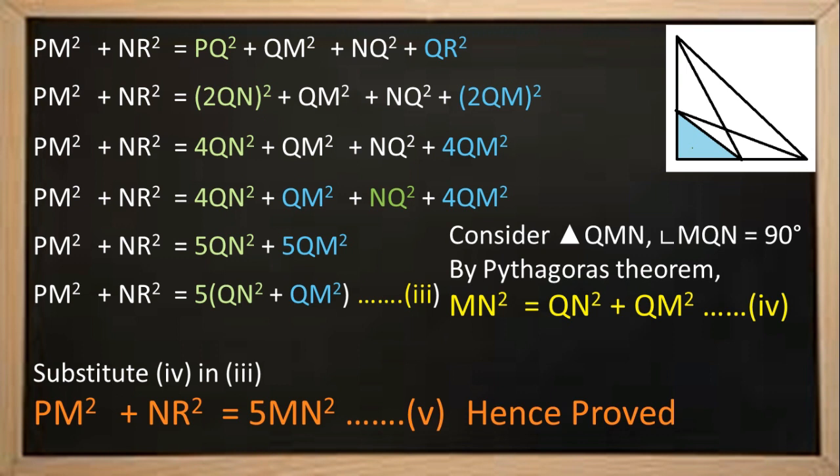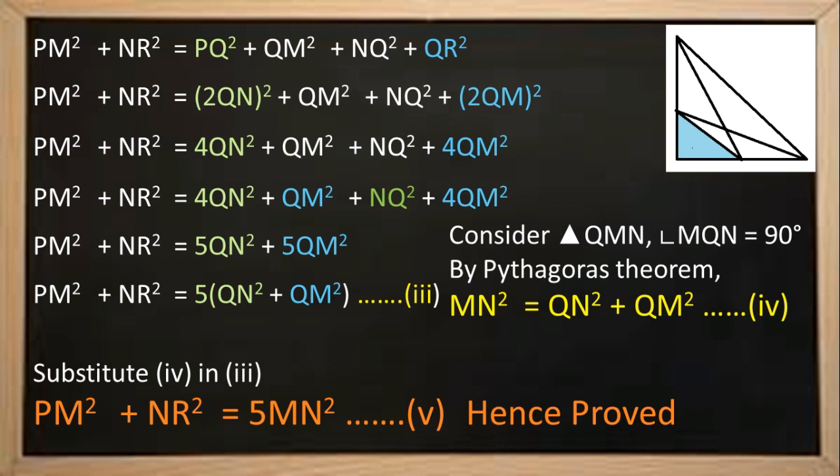So to get the solution, we used the results of 3 triangles. Two triangles' results we have added and the midpoint has been substituted, and we have taken the third result, the one more triangle result, to equate the given values, and hence PM square plus NR square is equal to 5MN square. I have drawn the diagram at various points, children. It is not necessary to draw. Only if you want, for your understanding purpose, you can draw. Otherwise it is compulsory to draw the diagram only once, not with all the solutions.